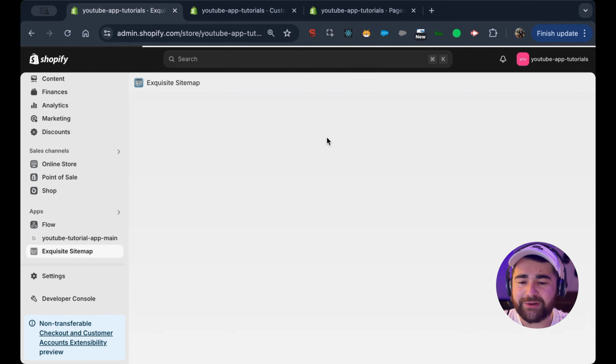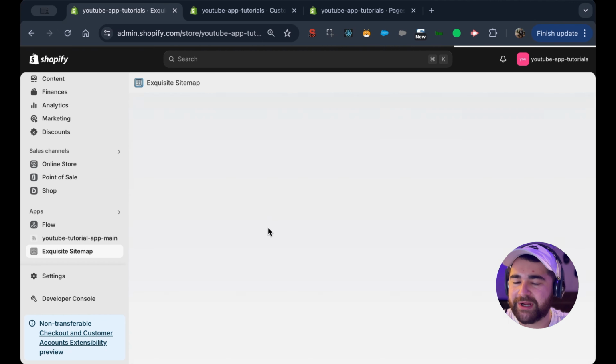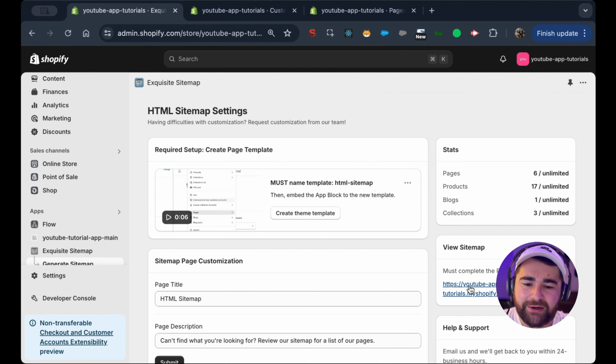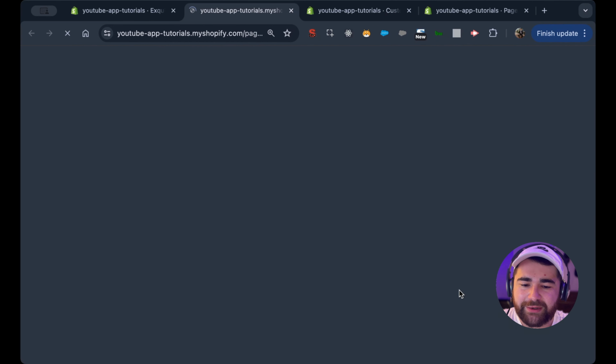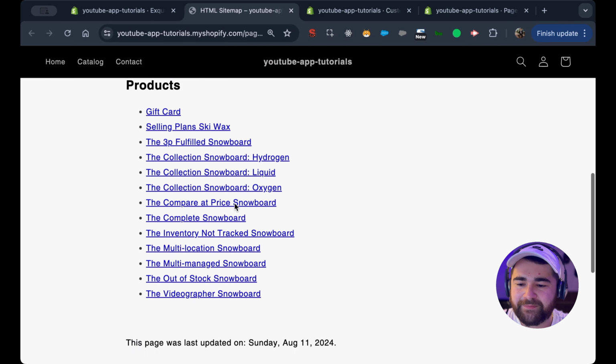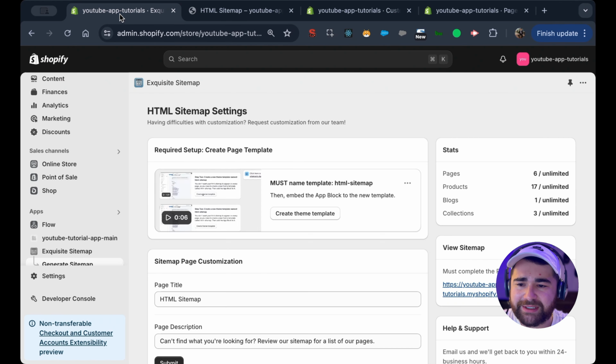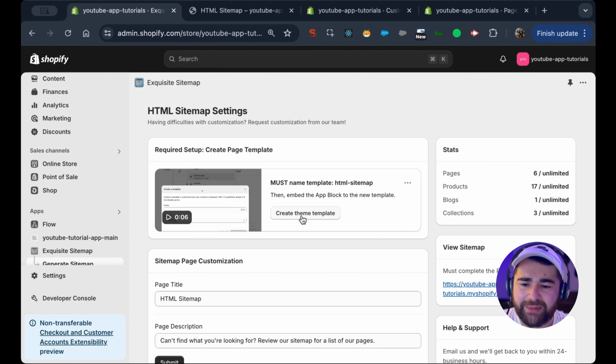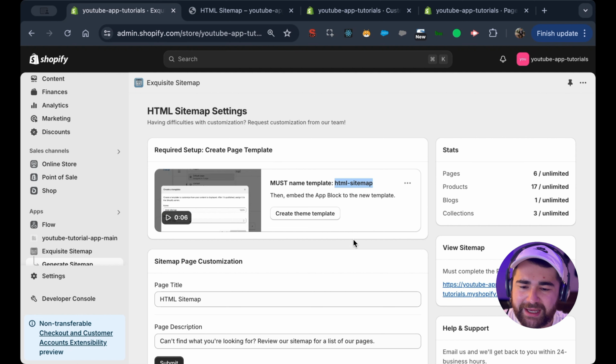And what this is going to do is automatically create a page called HTML Sitemap and assign the template we just created to it. So that way, it's automatically on there. You'll see this link right here. You can click it, and you can see the live HTML sitemap page. So that's all you have to do to get started, is just create that page template, name it HTML sitemap,